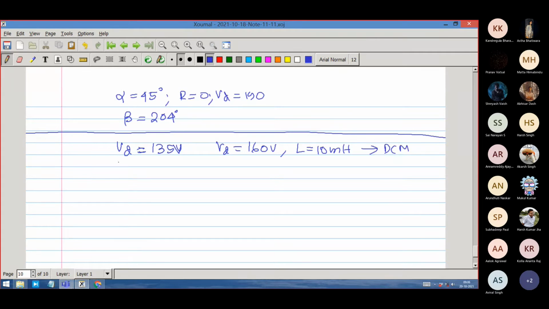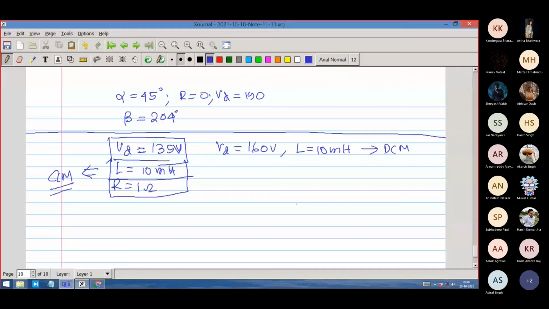I have seen that only with Vd equal to 135 volt. Maybe some nearby value also will work, but if I do not change L and keep 10 millihenry, I need to reduce Vd substantially from 190 volt, with R equal to 1 ohm. I will get continuous conduction mode in this situation. This will be CCM. So that is the point I was mentioning, that even if Vd is less than 2 Vm by pi, you are not assured